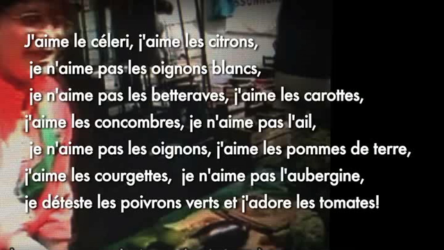In this clip, the vegetable merchant showed us le céleri, les citrons, les oignons blancs, les betteraves, les carottes, les concombres, l'ail, les oignons, les pommes de terre, les courgettes, l'aubergine, les poivrons verts, and les tomates. So first I'll tell you what I like from this group of vegetables, and then you can do the same. Here goes. J'aime le céleri, j'aime les citrons, je n'aime pas les oignons blancs, je n'aime pas les betteraves, j'aime